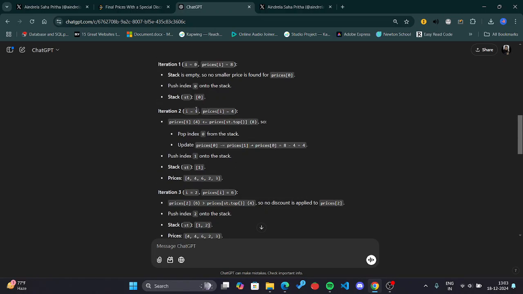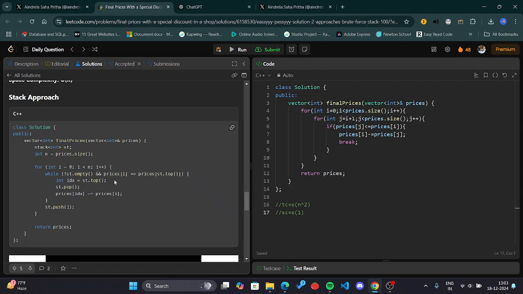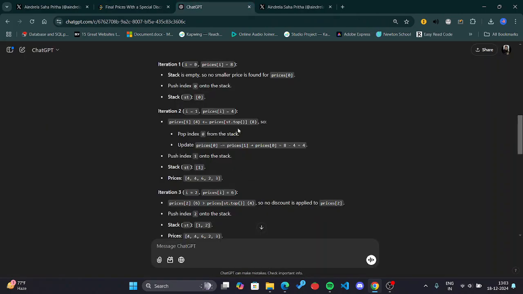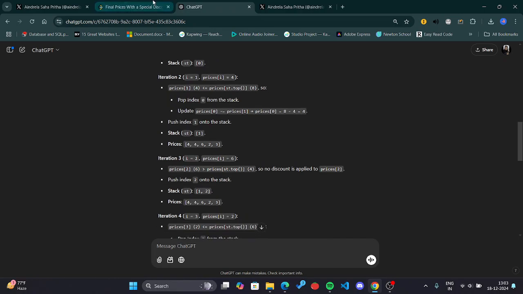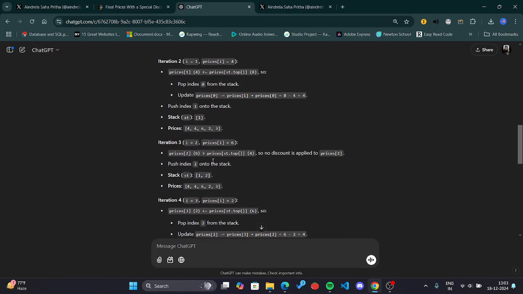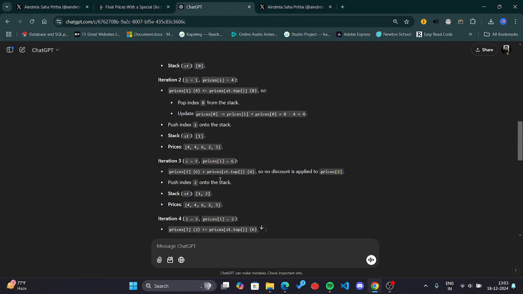And again, when we iterated the first element, our condition was fulfilled. That is, price i is less than or equal to the top element of the stack, which was 8. It is less than or equal to the top element of the stack, right? Therefore we have popped 0, because it's already checked. So please get out of my stack. And that is how this is working. I hope I could make you understand. And again push 1, and again the next element will come, the top element will be 1, the first index,